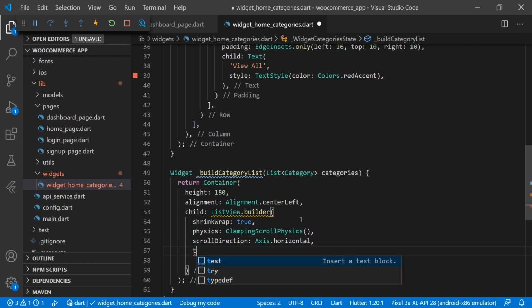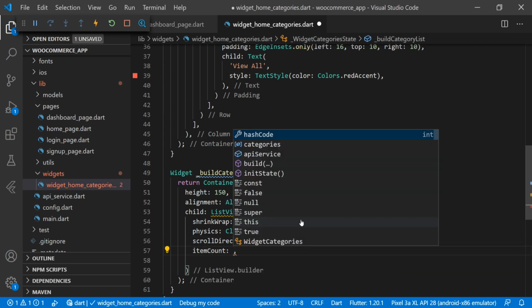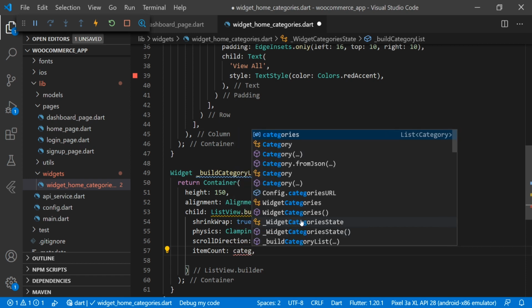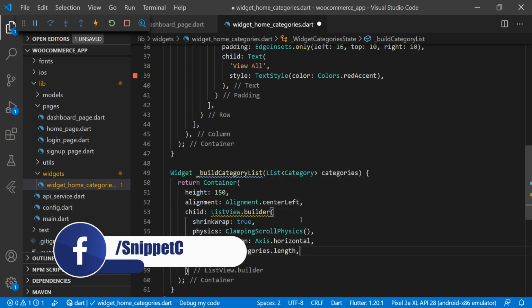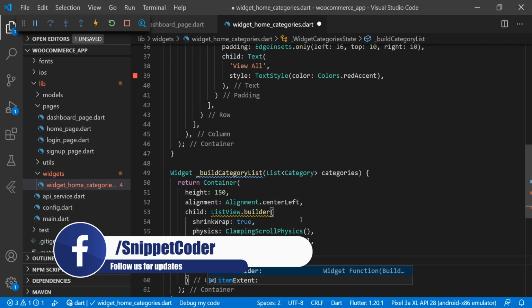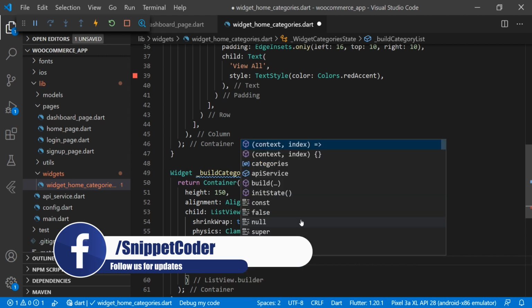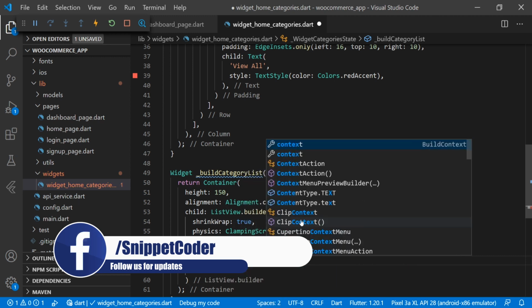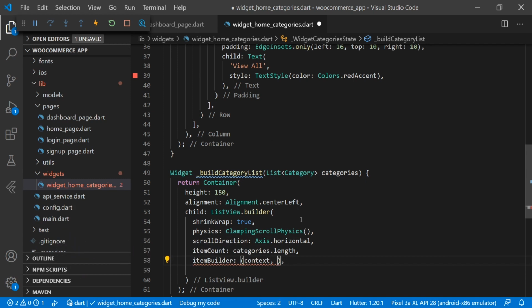And then we have an item count, and for the item count we are using categories dot length, and for the item builder we are using context, index, and here we are passing a variable, data equal to categories index, and here we will return the column widget.